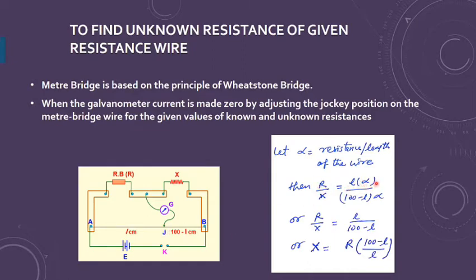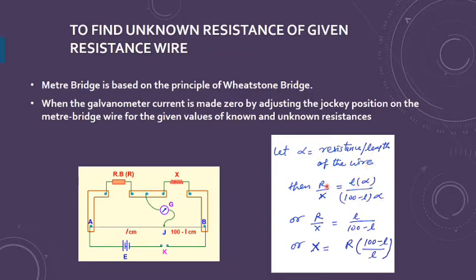Into alpha, I have taken the resistance per unit length, because when I am comparing resistances, one resistance can be compared only with a second resistance. So here it should have the resistance, L is the length. To write it in terms of resistance, I have to multiply it with the resistance per unit length of this given wire. That is why I have written it as L alpha divided by 100 minus L into alpha. Whatever symbol you may use, if you are not happy with alpha, you can use beta, or rho, or anything, but you have to mention it.